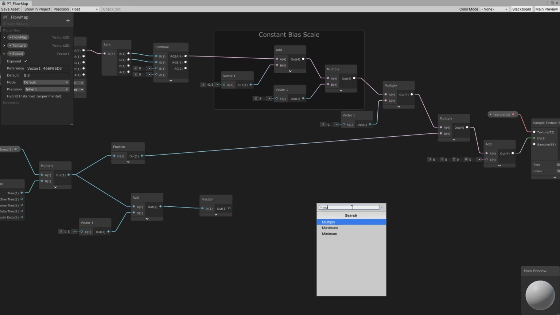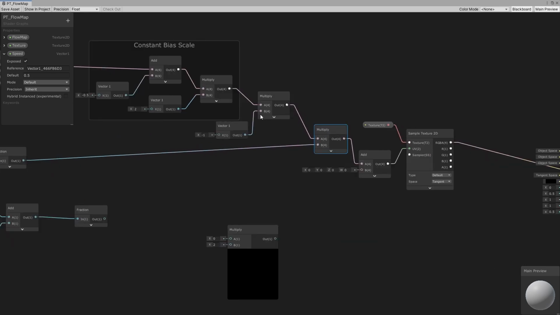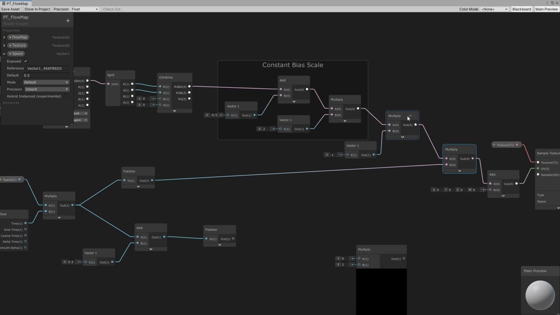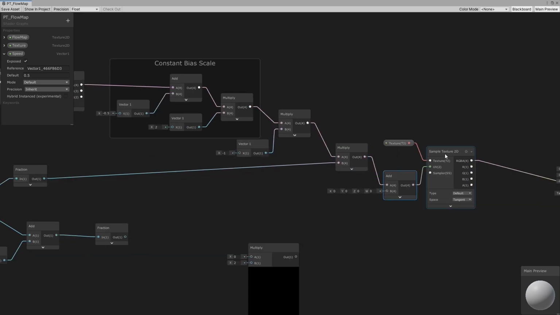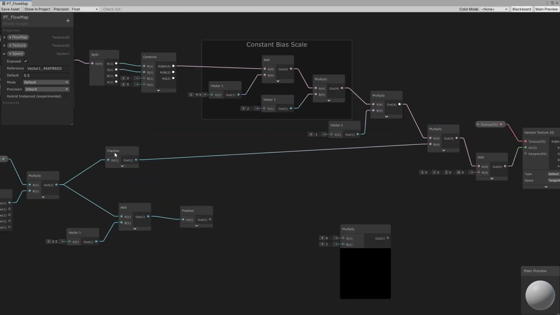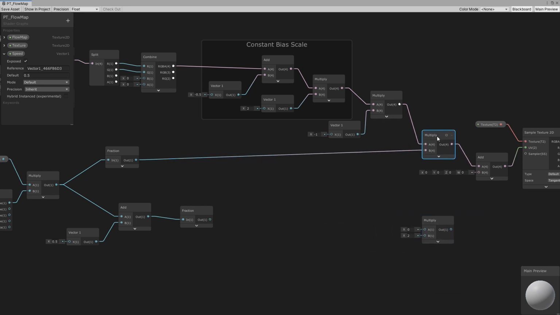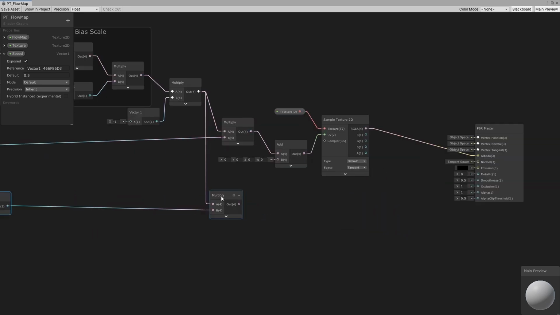And now this is going into multiply, but if you remember, for the first one, we go from fraction, and then straight over here into this multiply, which is feeding off of our constant bias scale and the multiplication of -1, which ends up being our UVs. So it's essentially the same thing, since this multiply is basically the clone of this one. So what we actually want to do is grab the multiply that comes after the constant bias scale and hook this in down there, and then the fraction can go into that new multiply,